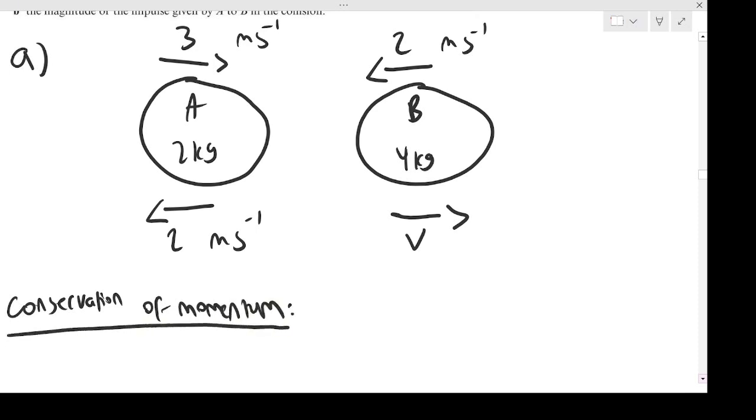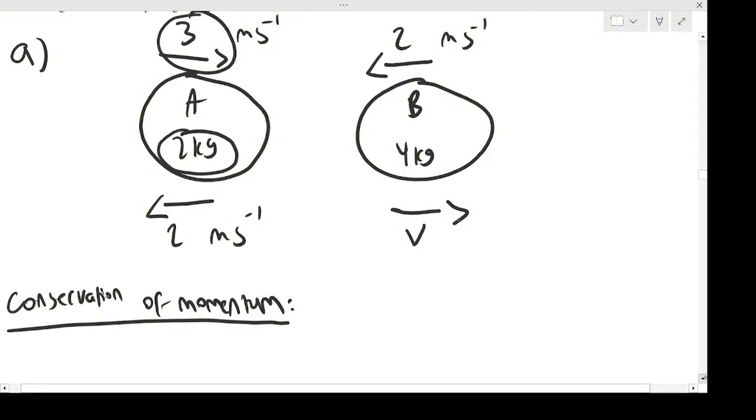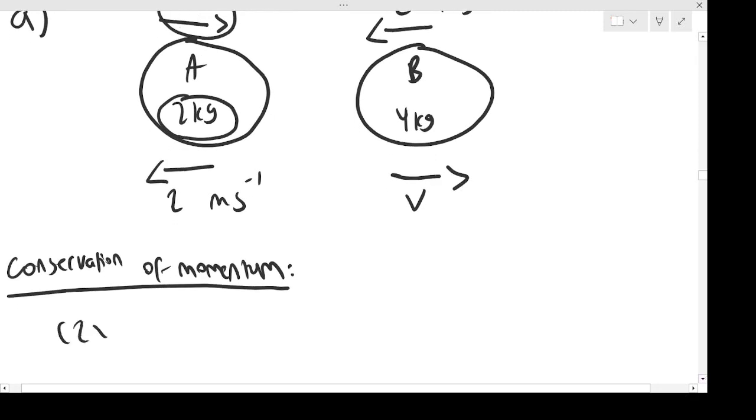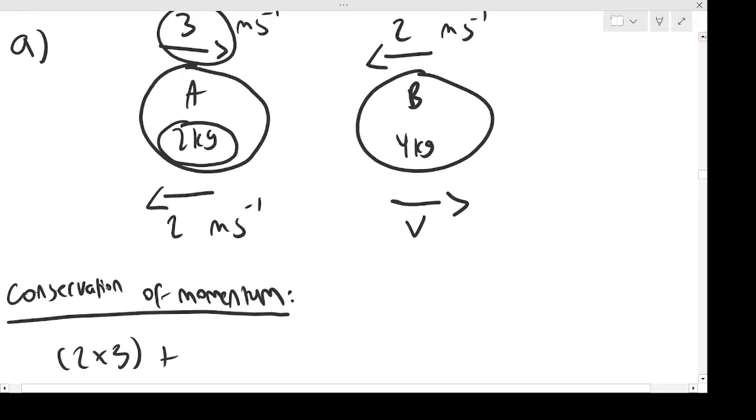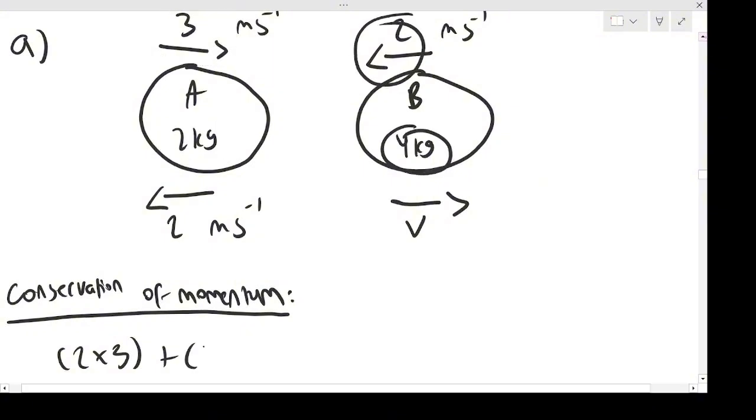Okay, so momentum, what we've been doing previously. For A, the mass is 2 and the velocity is 3, so it's 2 times 3. And then for B, the mass is 4 and the velocity is 2. However,